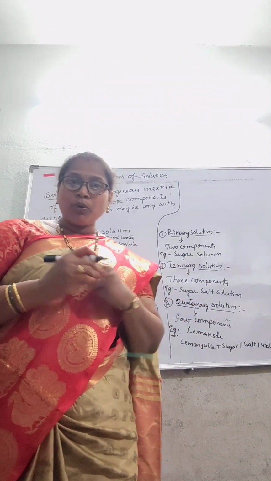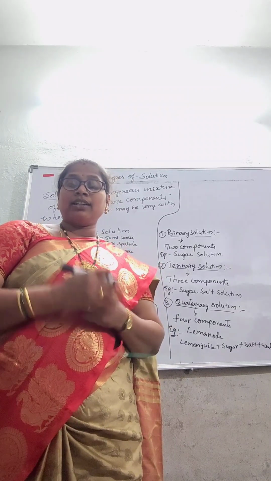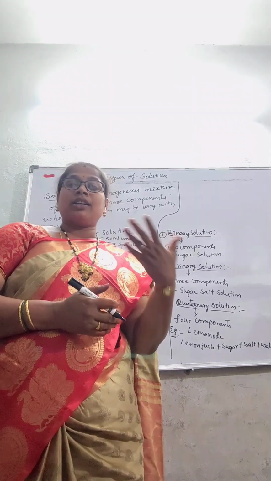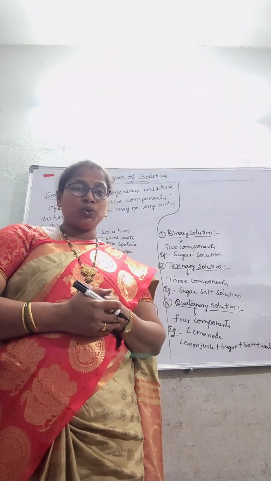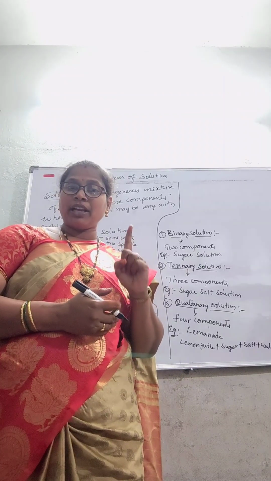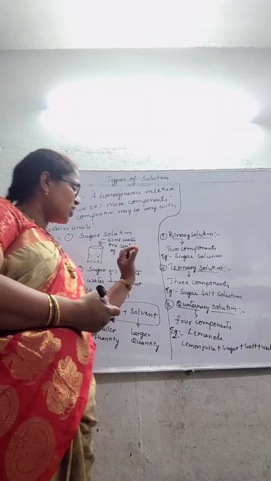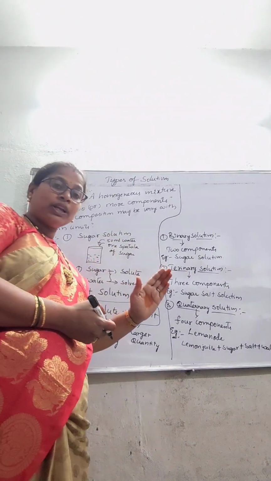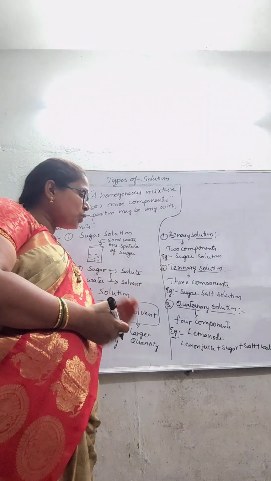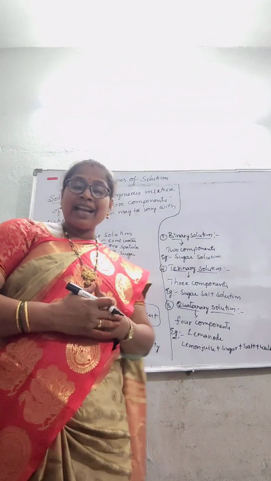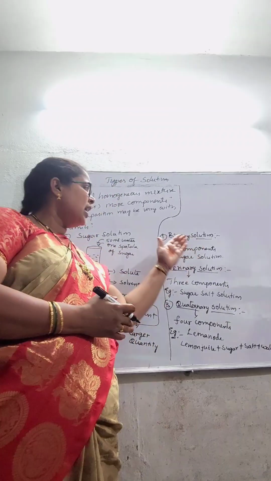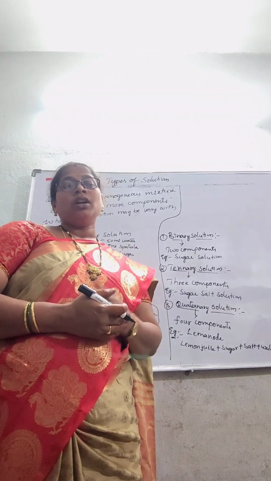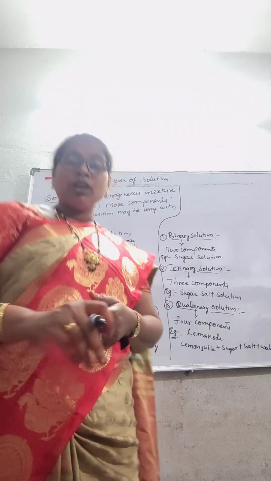And one more very important point, regarding NEET also: a solution always contains only one solvent, and it may contain a larger number of solutes. But the solvent will always be one. So this is simple: the definition of solution and examples, and based on the number of components, binary solutions, ternary solutions, quaternary solutions. But in our class 12 CBSE, we only discuss binary solutions. Binary solutions means two-component solutions only we will discuss.